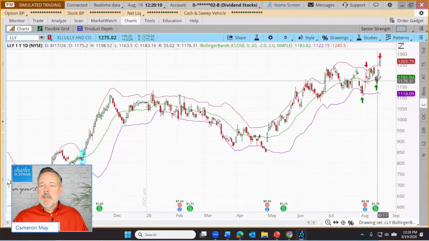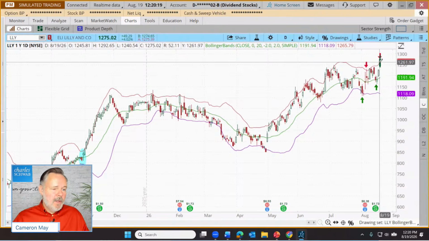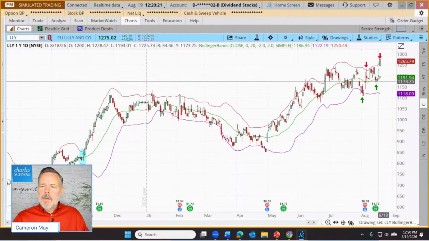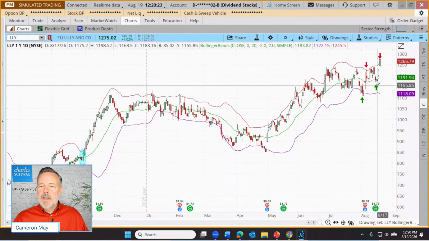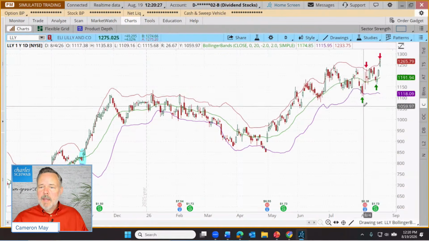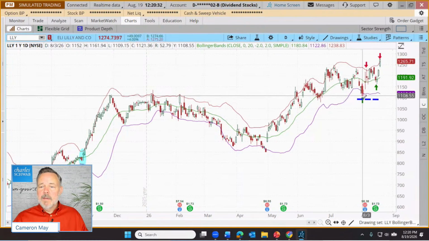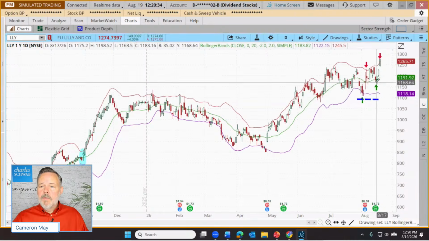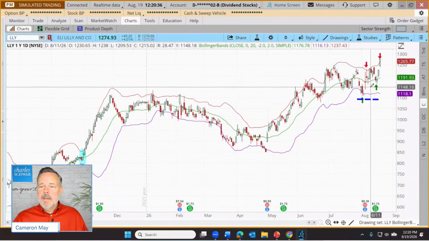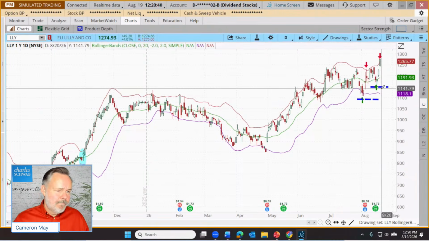Another approach is to just look to buy at average prices as defined by our 20-period simple moving average, and then sell at that upper band. A couple of different ways. Now, neither of these are guaranteed, so having a defined exit, maybe if we're entering on that lower band, if the stock continues to go down, maybe we just exit if it continues to fall. Or if we're entering on this middle band, maybe exiting if it continues to push toward the lower band.